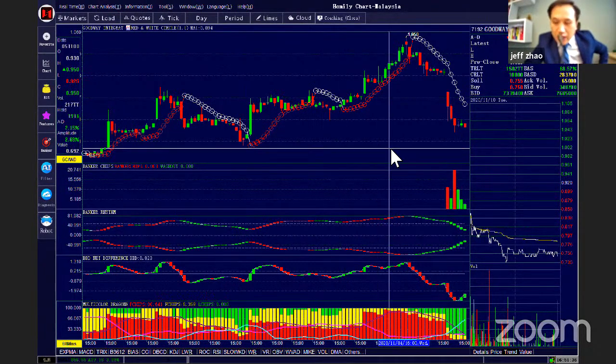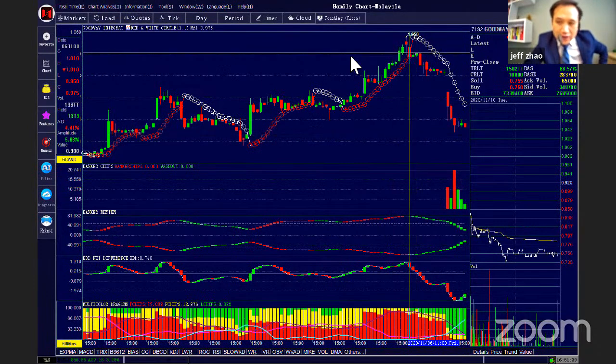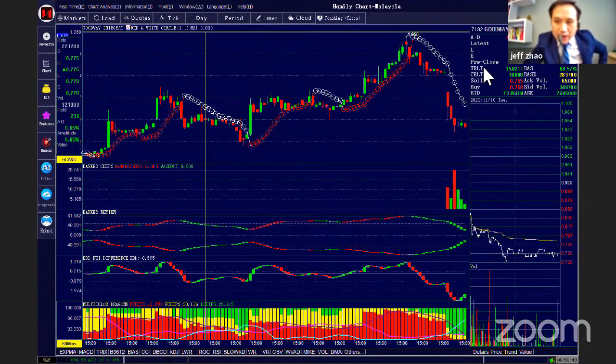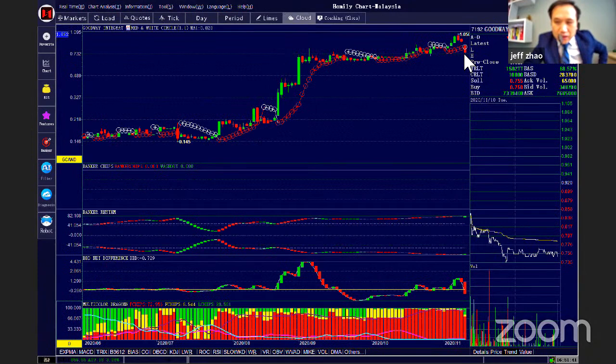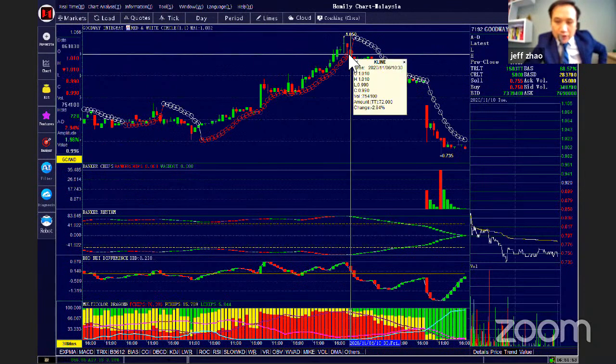Wow, today it went down a lot. If you have the daily chart today, you can see where the circle appears. But if you focus on the 6-minute chart or the 30-minute chart, I think you can sell in advance. Here is the sell point. Actually, the sell point appeared at 10:30 on the 6th of November. It gave you a signal already. At that point the price was 1.01. Now it's 75. Wow, lost a lot.